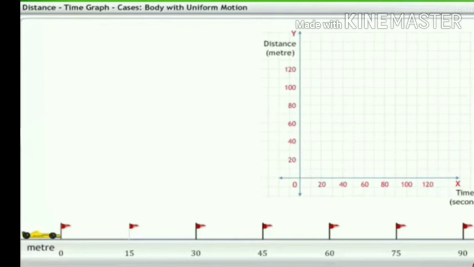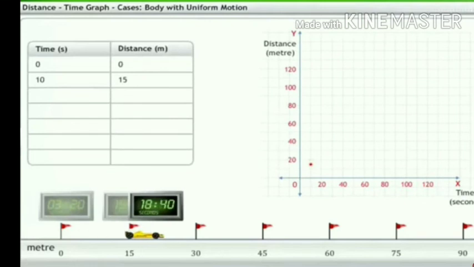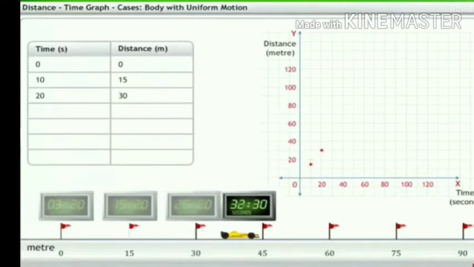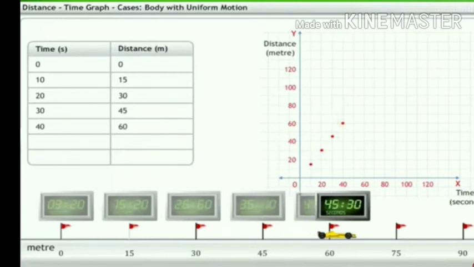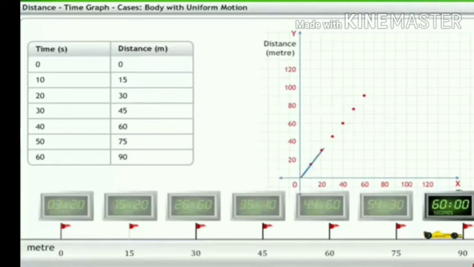Thus, a car increases its velocity at one point, or at another moment it decreases. So, the movement of a car on a crowded city road is a non-uniform acceleration. Thus, the velocity time graph for a moving body is not a straight line. Here, in this example, it is the body with uniform motion, and in another example, body with non-uniform motion.